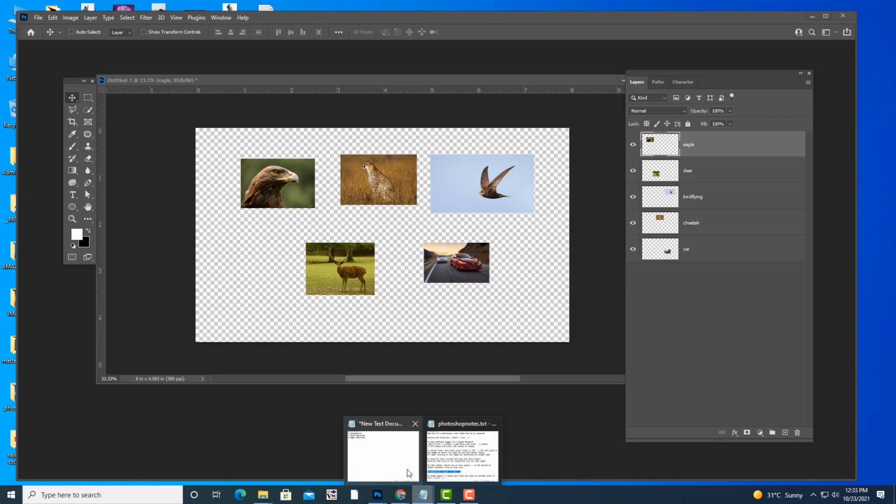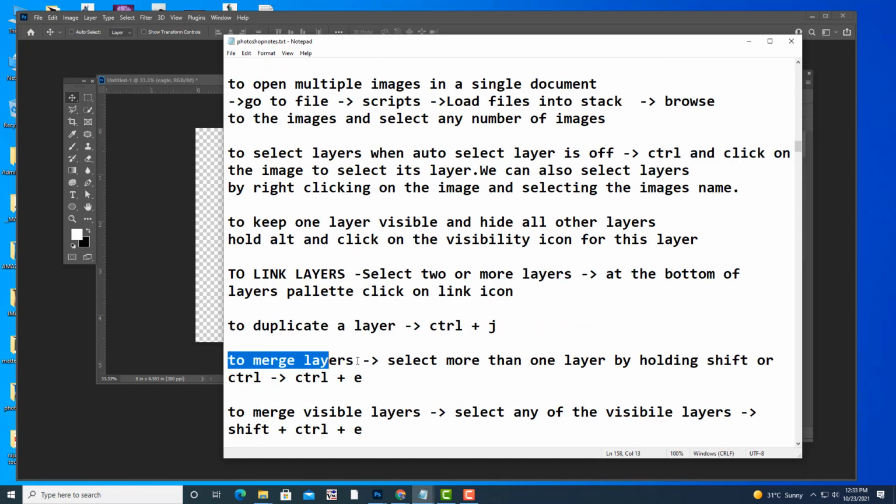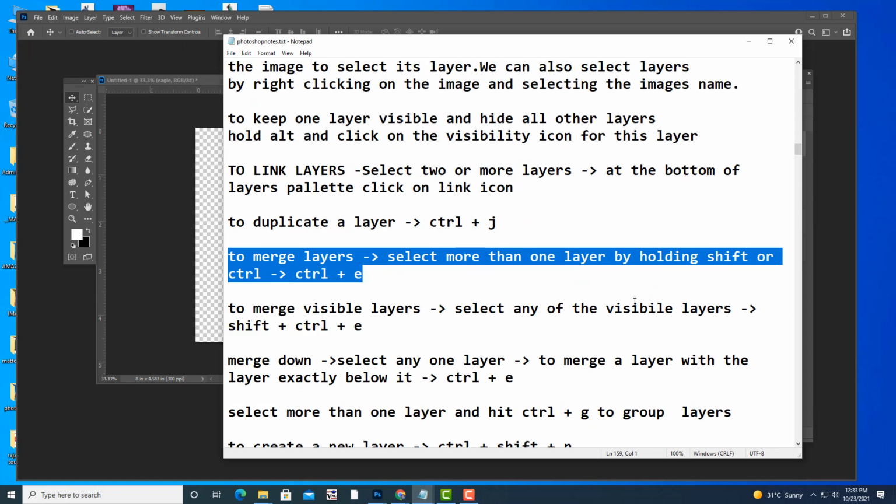So we will see what is merging layers. So just write down this point. To merge layers, select more than one layer by holding Shift or Control, and keyboard shortcut is Ctrl+E.